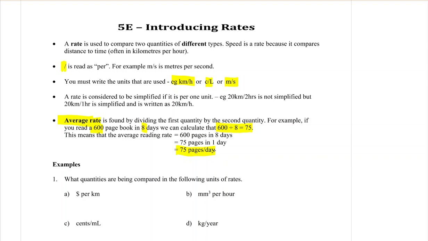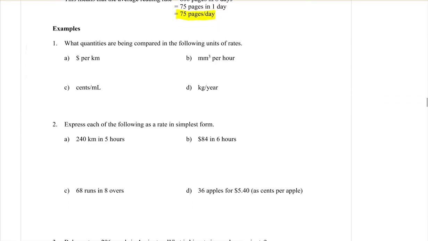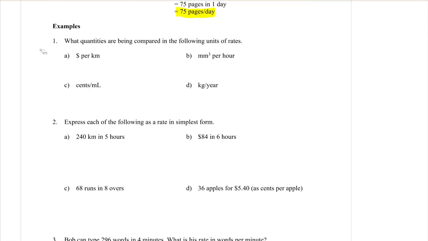Okay, anyway, so the first question here, it asks us to find out what quantities are being compared in the following rates. What units are we having there? I'm not actually asking you to find a number. We want to look at the units that are there and state what type of measurement that is. So it says dollars per kilometres. Dollars is a unit that we use in money,